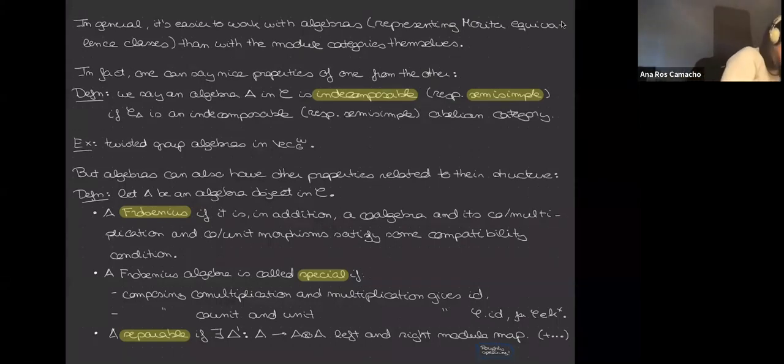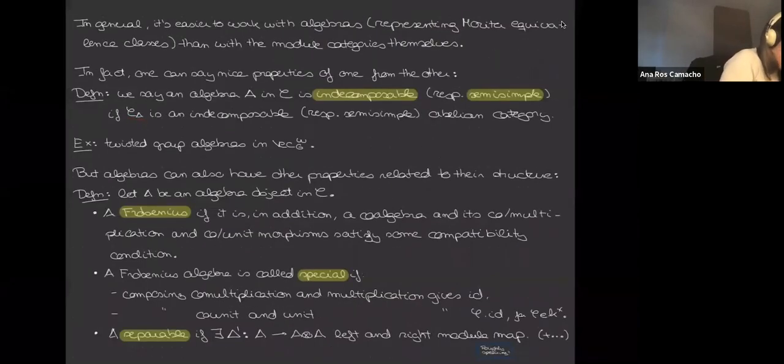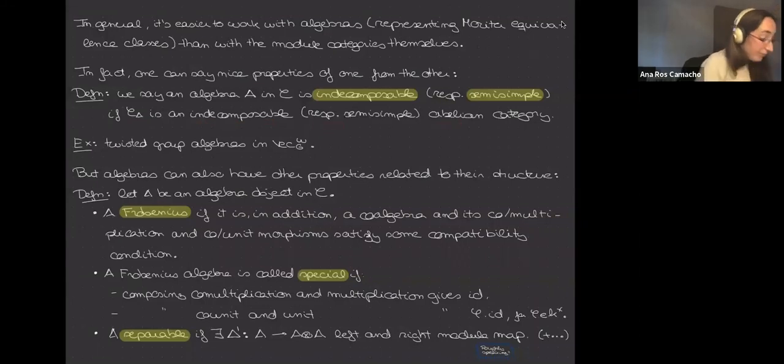For example, we can say that an algebra object A in my category C is indecomposable, and respectively semi-simple, if my category of right A modules is again indecomposable, respectively semi-simple, as a category. An example of these are our twisted group algebras in Vec G omega. But you're not constrained to talk about properties of the algebra just by the category of